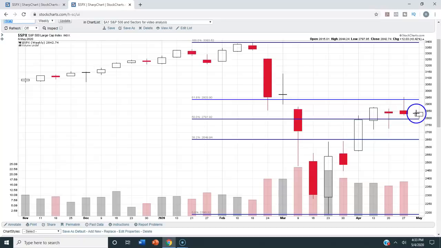But we can definitely see here on these weekly candles, and this is just this week, so this is just Monday, May 4th so far, that we've closed negative for the last 2 weeks, and this weekly candle here is the only time we've been able to close above 2850 from where we've hit our lows so far on